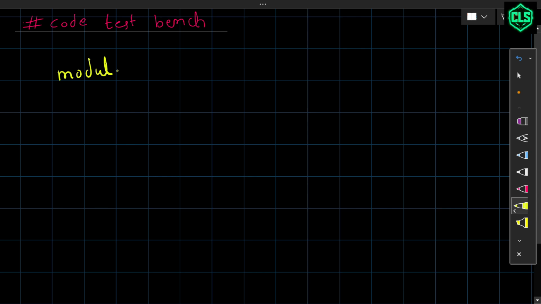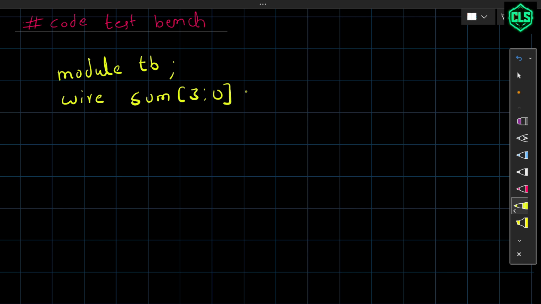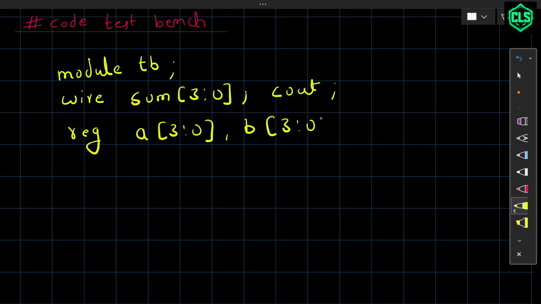So module TB, and wire is our output here. So output is our sum, which is our 3:0, and our C out, and reg is our input. So A 3:0, B 3:0, and reg our C in. So in initial,